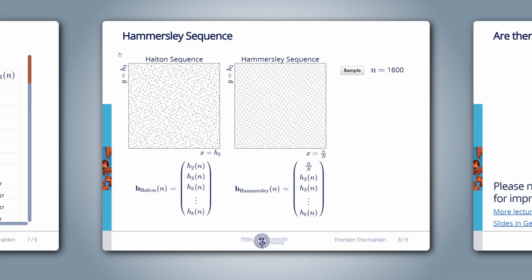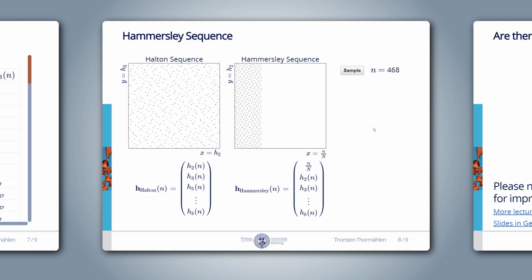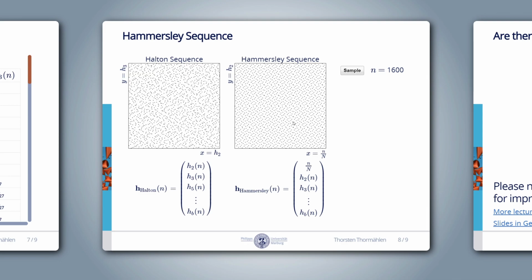Now, performance-wise, computing the Halton sequence in the shader is not perfect. As we have already discussed, the while loop has to perform log b of n plus 1 iterations. If the total number of samples is known in advance, we can use the Hammersley sequence instead. On the left side, we see the Halton sequence, and on the right side, the Hammersley sequence in 2 dimensions. The sampling points of the Hammersley sequence have a slightly more regular characteristic.